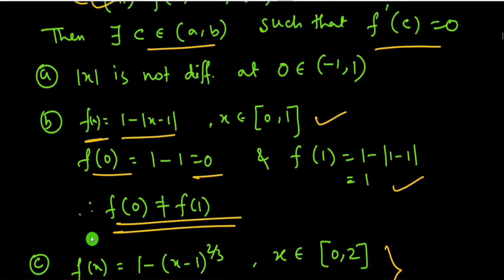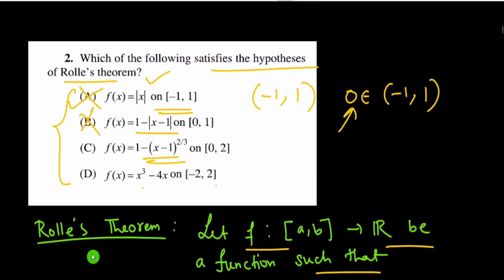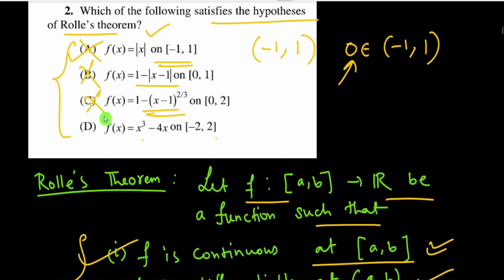It is just to show whether this satisfies or not. Now, this also does not satisfy the conditions of Rolle's theorem. And in option D, this is clearly a polynomial function, which is clearly continuous and differentiable throughout R, and so